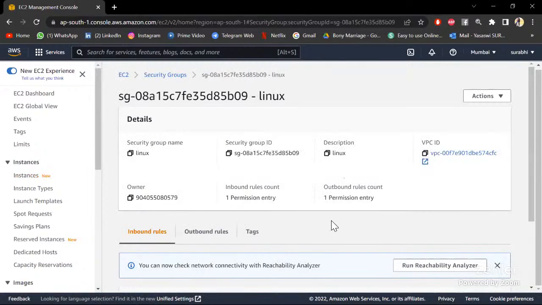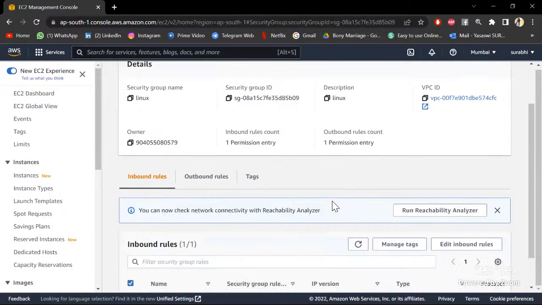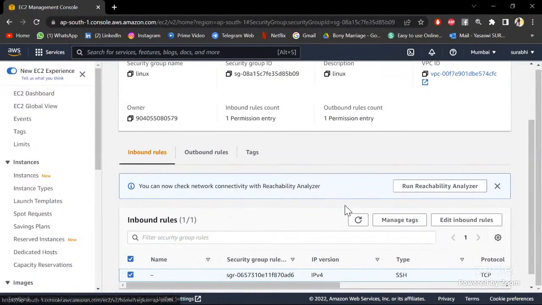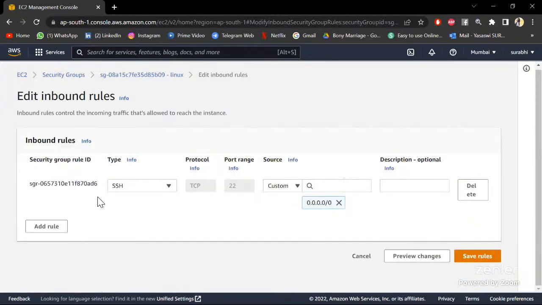So one thing you have to remember is by default, all the outbound rules of a security group are in allow position. Okay, so whatever enters it, it can leave the port. But the only thing you have to be careful about is the inbound rules, because you can define them. It is you who can define it. So let's now go to our inbound rules. Edit inbound rules here. So now we have given the SSH port because we have used the same port for the Linux instance and now for the Windows instance. So now in any company, what we'll do,